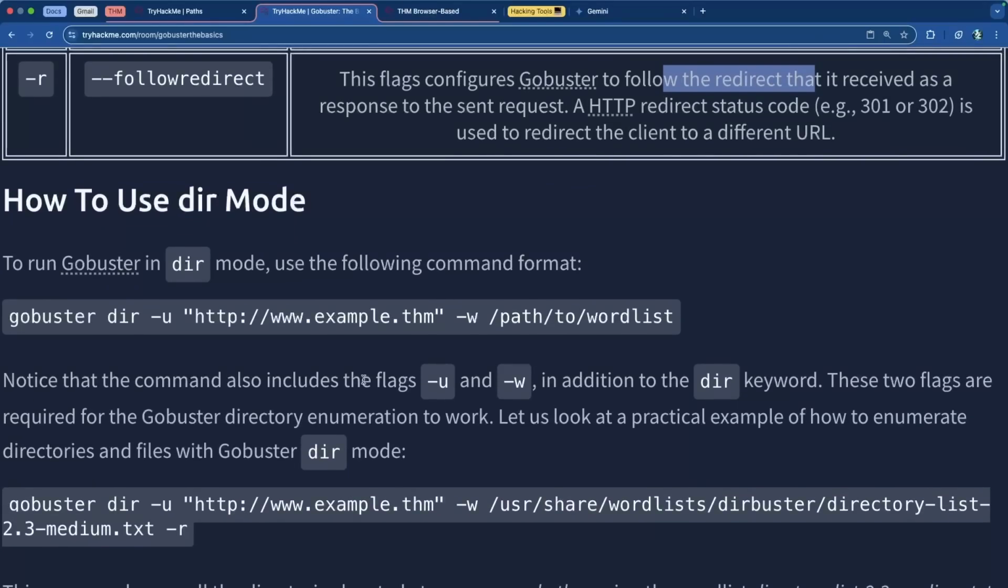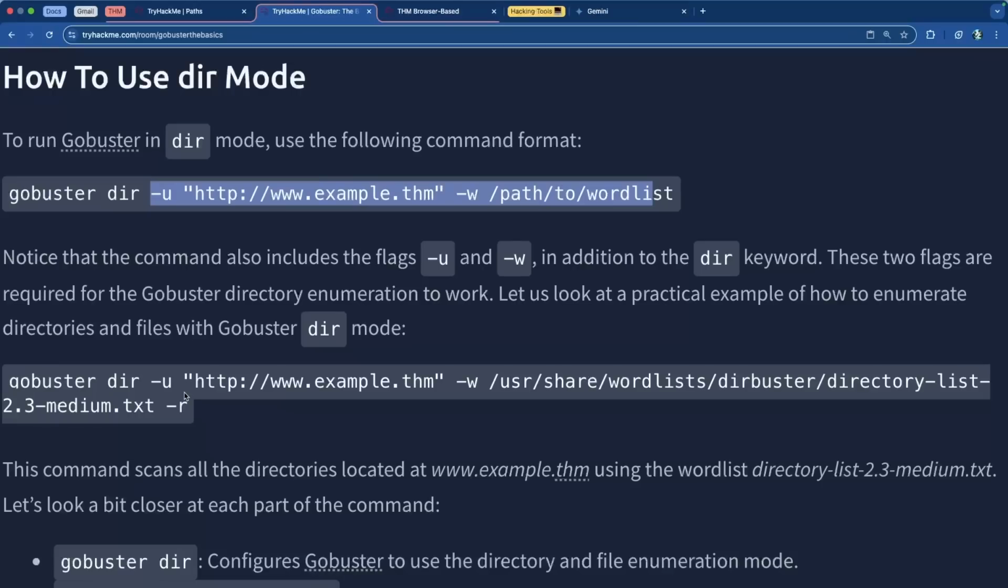So if you wanted to use GoBuster in dir mode, you would just do GoBuster dir, as we already saw in the previous example. This is pretty similar to the last example, and this is the full command in this particular case. So you have GoBuster dir, and then -u, which is the URL, -w, which is the path to the text file, which is a long path, right? They're using the /usr/share/wordlists/dirbuster, and then directory-list-2.3-medium.txt is the actual name of the file. And then you would do -r